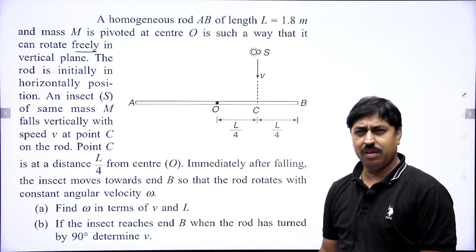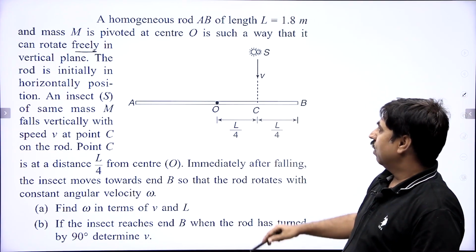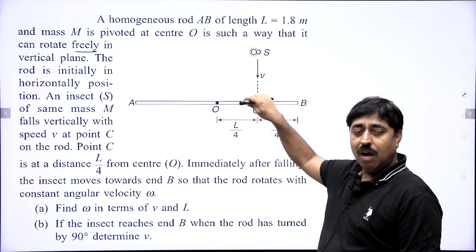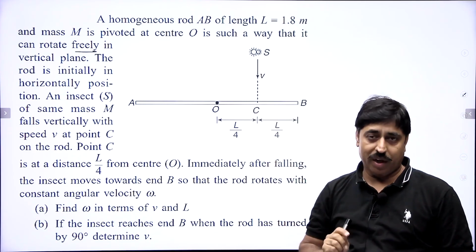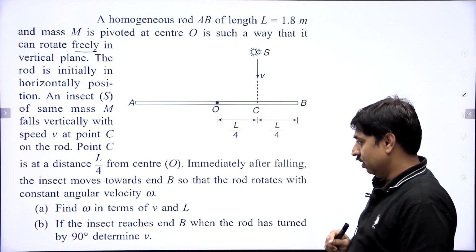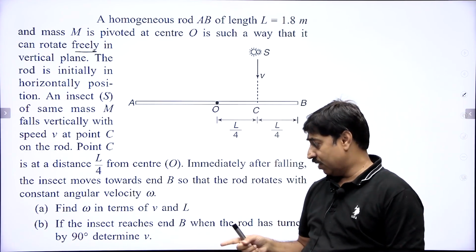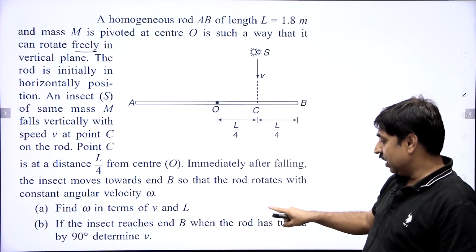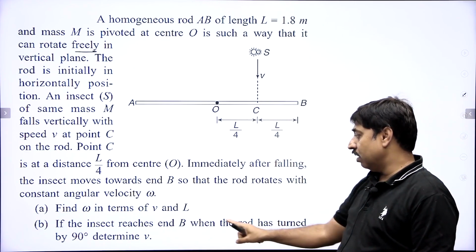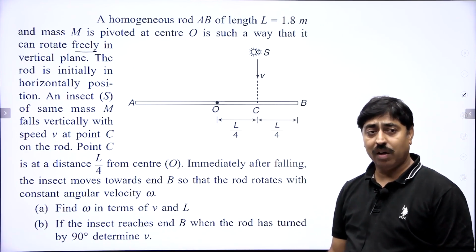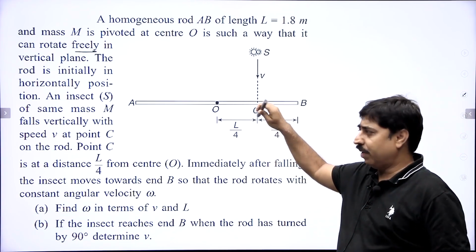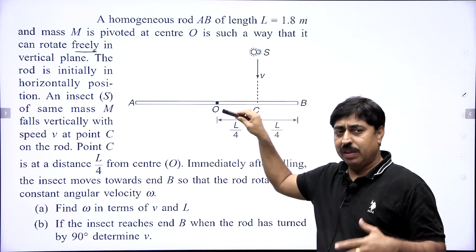So the first question is very simple, straightforward. The first question says that as soon as the insect falls on this, how much angular velocity the rod will acquire. That is the first question. And the second question is the most interesting part. If the insect reaches end B at the time when the rod has turned by 90 degree, determine the value of V. Insect किस स्पीड से रॉड से टकराया था, that means